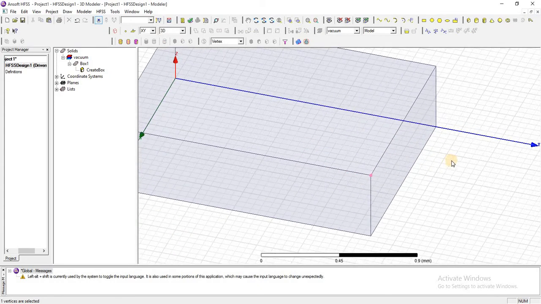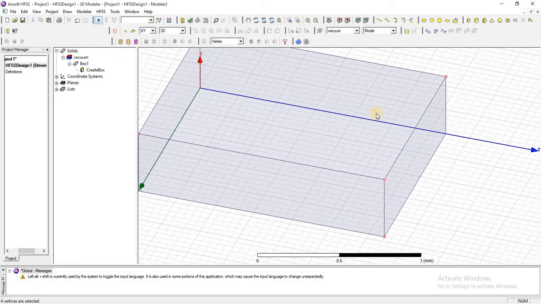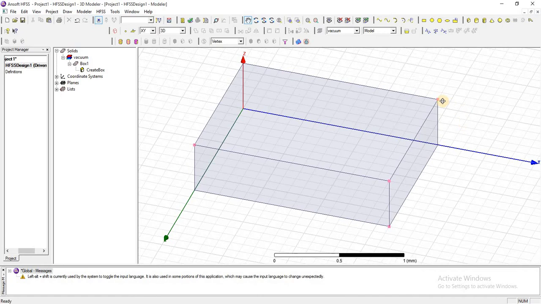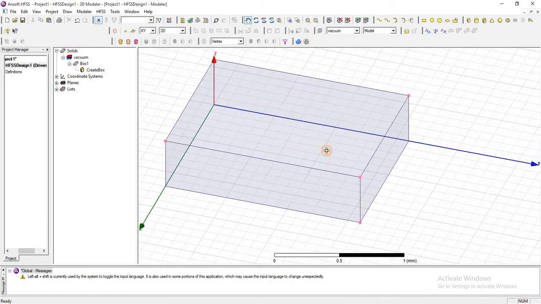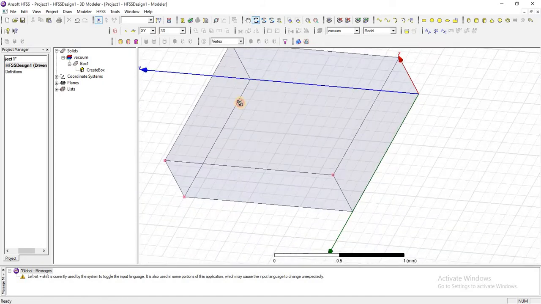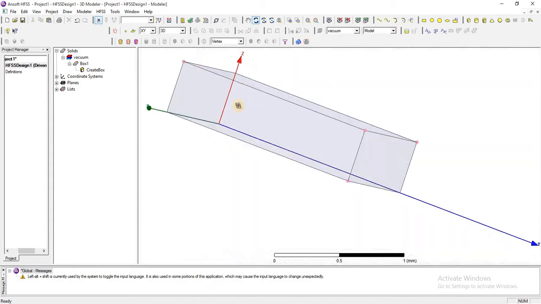But if I want to select all the vertices, I will use this command. You can see that all the vertices have been selected. And here you can see that these vertices are also selected.